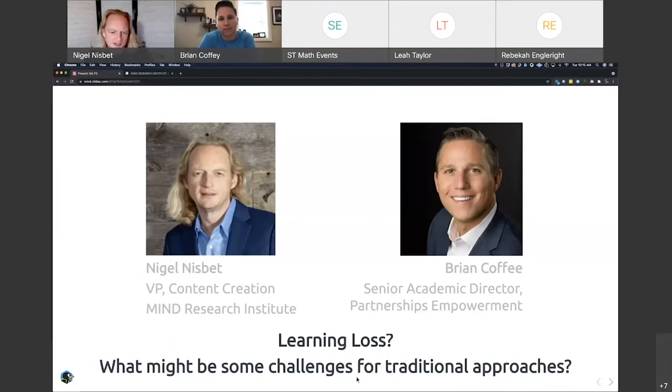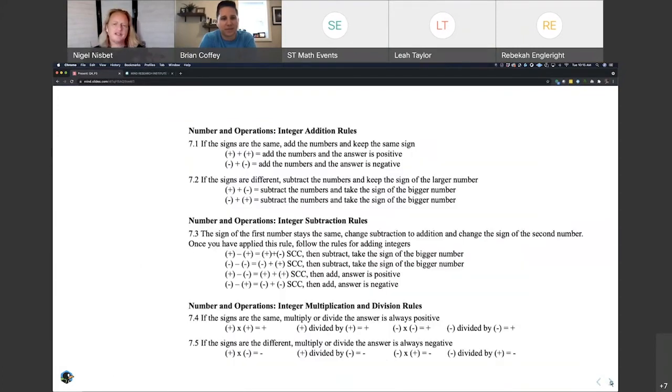And one of the things that concerns me greatly is that the traditional approaches we've had to solving these problems, which seem to be very popular right now, I don't think they're that strong. I think there are a lot of problems with them. It sort of goes like, if we take something like, let's just say, seventh grade integers. The kids may see this at different points before, but this is a classic piece of middle school math, or maybe a little earlier, depending upon the way the standards are written. But if we take something like this, the traditional way of approaching this is to say,